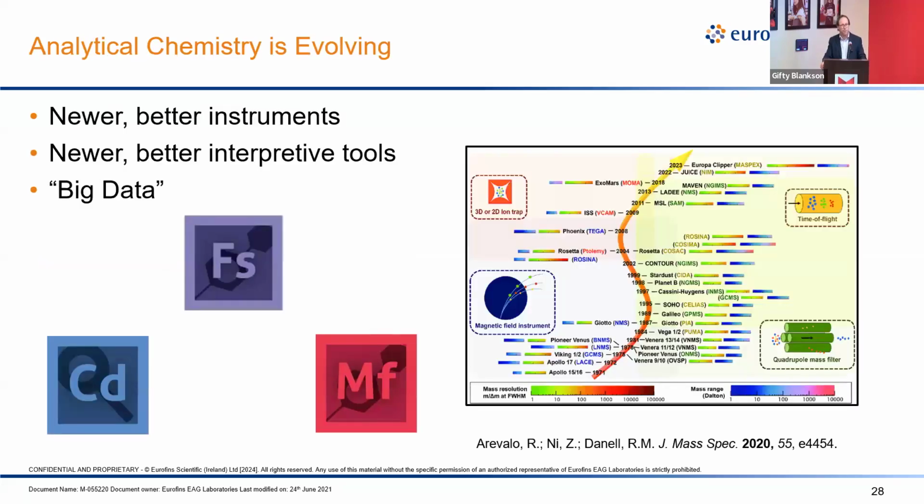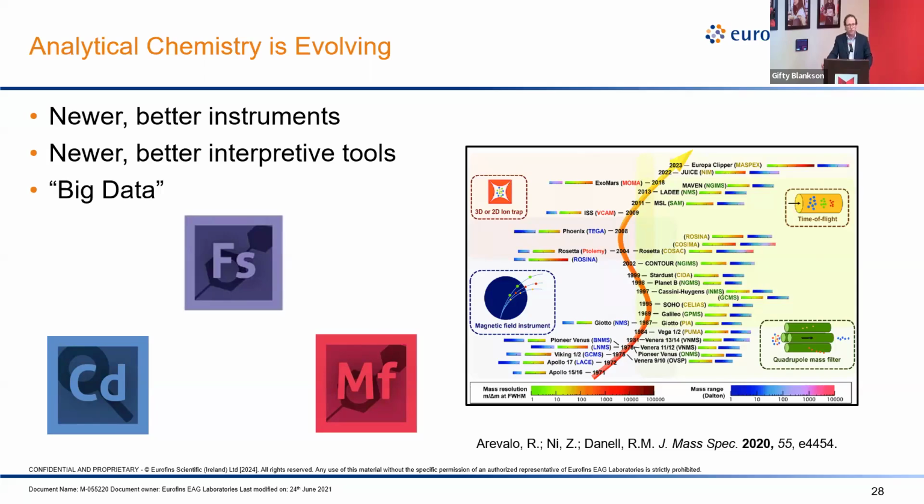So, in terms of chemistry evolving, it's newer, better instruments and newer, better interpretive tools, right? Most of the materials, I won't say all, but most of the materials we're dealing with have been in the market for a while. People understand the chemistry pretty well, which is good, right? Medical device companies, proud to say, are pretty conservative in general, right? They don't like using new things. They want to use things that have a long track record, proven to be safe. It's good, right? So where the big changes come for us, most of the time, it's just better instruments and